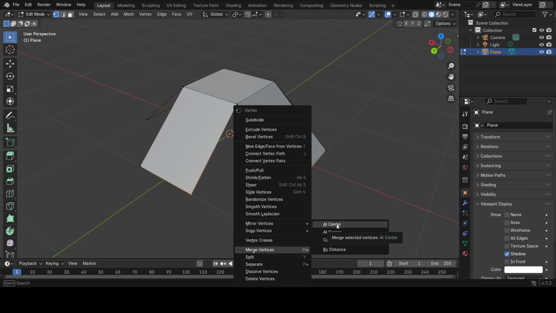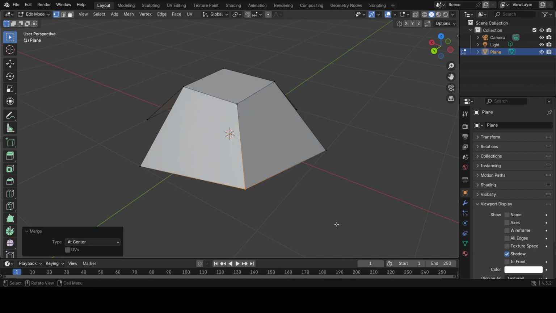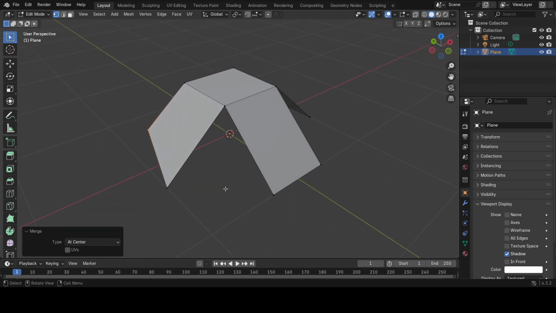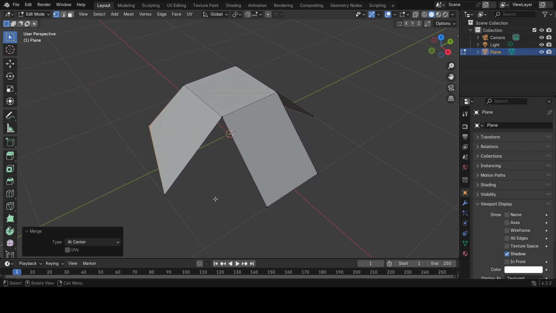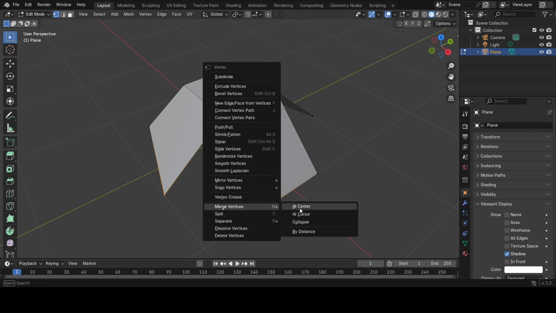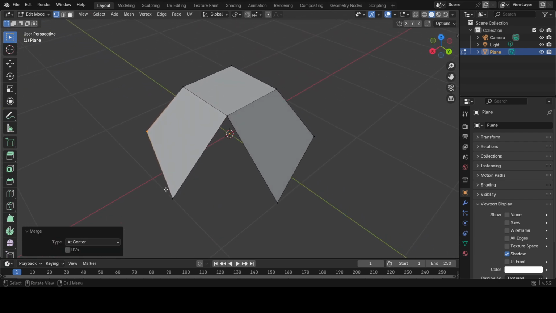So the common center is where they're going to connect. We have that one. We'll do the same thing here, right click, merge at center. Do the same thing here again, right click, merge at center. One more time,